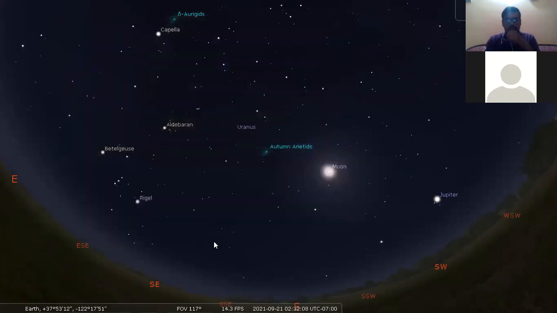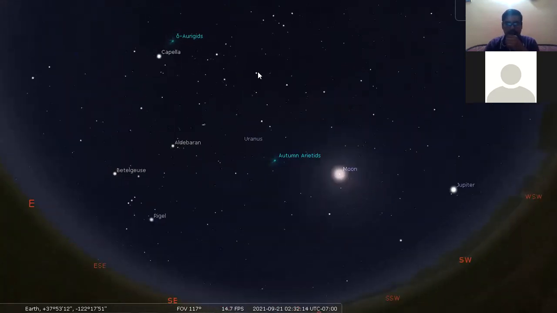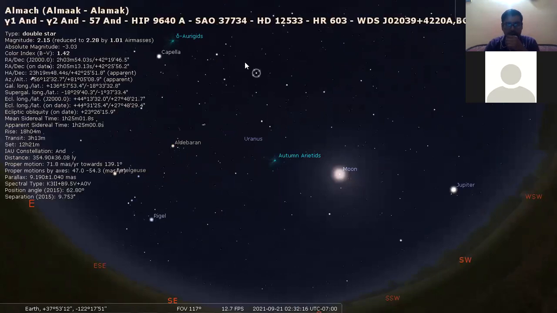So as you can see, there are some stars. If I point to this star, this is Almach. The Greek name of that star is Almach, and this type is called a double star. The magnitude is 2.15, which is reducible to air masses.